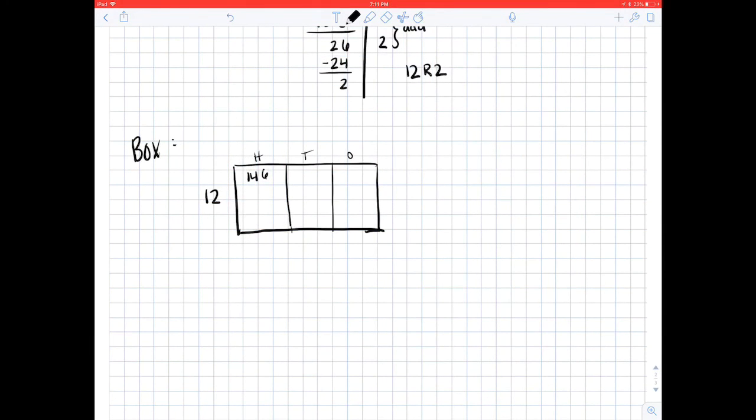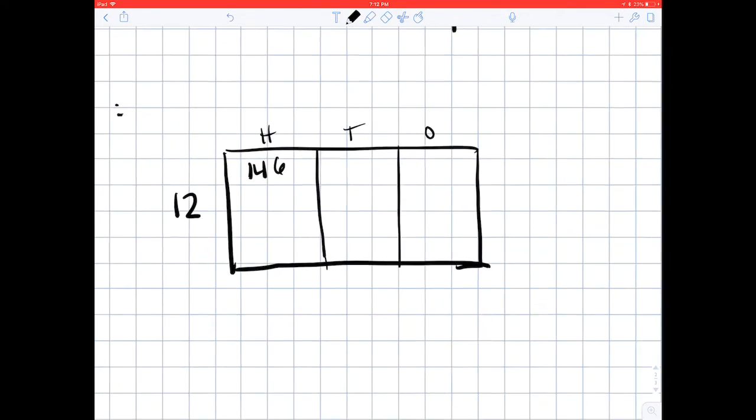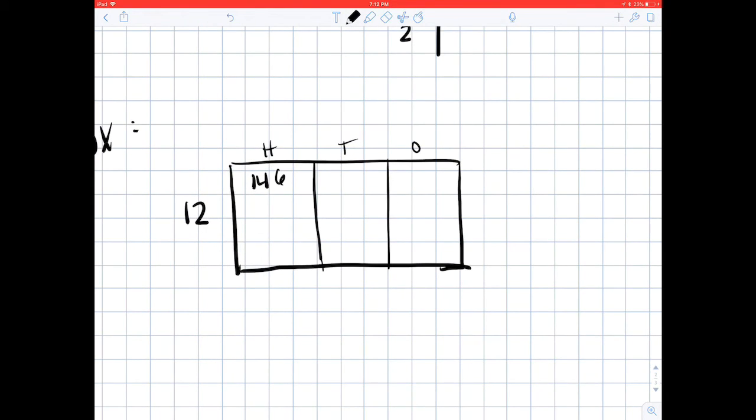Okay, so now we're going to do our box method. So I've already set it up. The H stands for hundreds, the T stands for tens, and the O stands for ones. So we have our 12 and our 146. So there's 12 can't go into 146 any hundreds of times, so we're just going to put an X here. We know that 12 can go into 146 10 times, so that's what we're going to put in our tens. So we have 146, and 12 times 10 is 120, and then we're just going to subtract this, so that gives us 26,